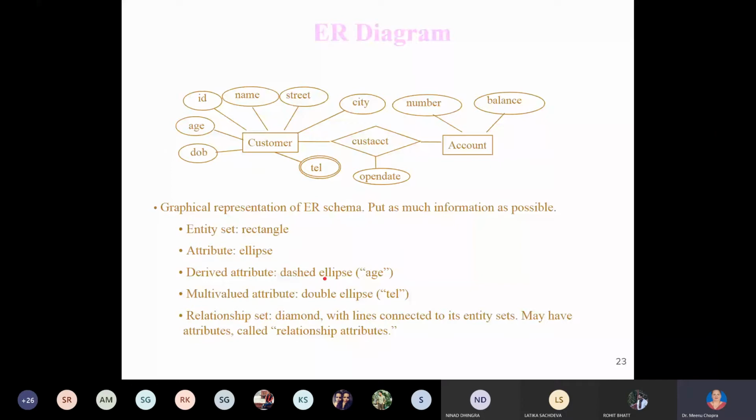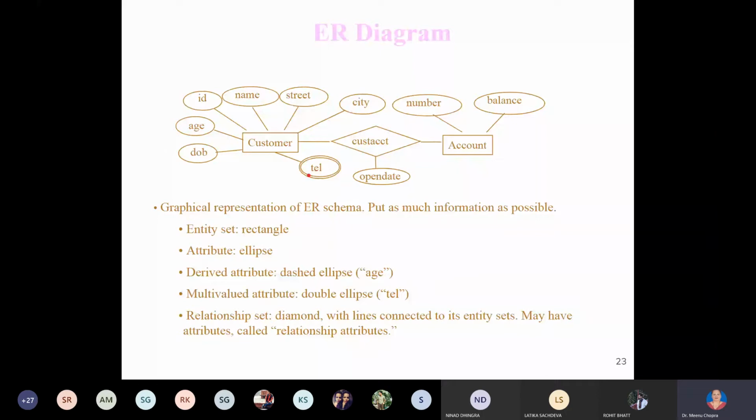In some tools an oval comes up, in others a rectangle comes up. It should not be haphazardly having different notations. So try to match and pick the tool that has the correct notation and correct representation of your ER diagram. That is why a derived attribute has the dashed ellipse, and a multi-valued attribute is a double ellipse. Double ellipse means multi-valued. Telephone number is double oval, which means it can accommodate more than one value.